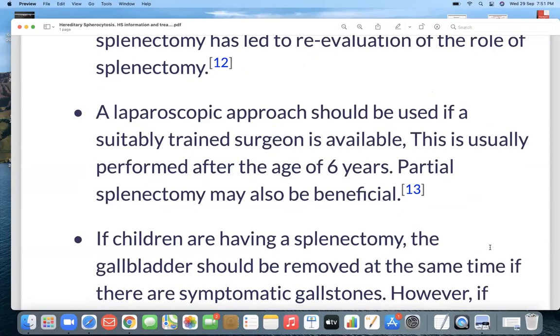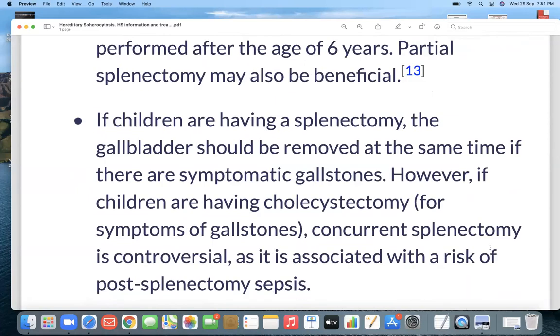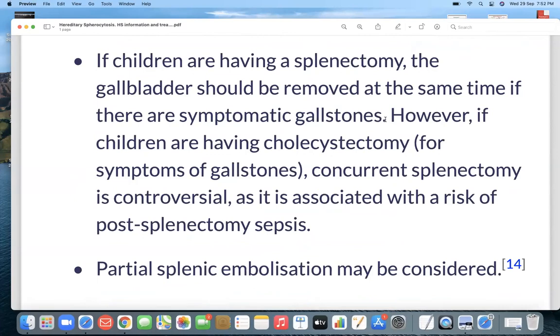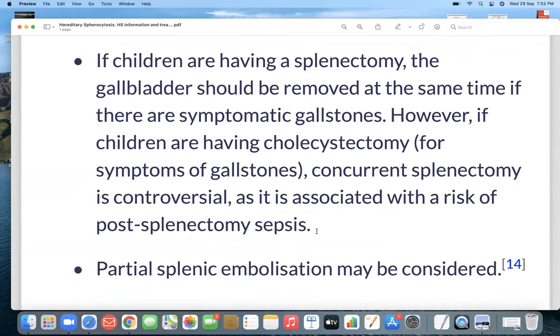done. It can be beneficial if you are afraid of the negative effects of splenectomy, like encapsulated organism infections. If children are having a splenectomy, the gallbladder should be removed at the same time if there are symptomatic gallstones. However, if children are having cholecystectomy for symptoms of gallstones, concurrent splenectomy is controversial as it is associated with risk of post-splenectomy sepsis. So whenever you are planning for splenectomy and there are already symptomatic gallstones in the children,